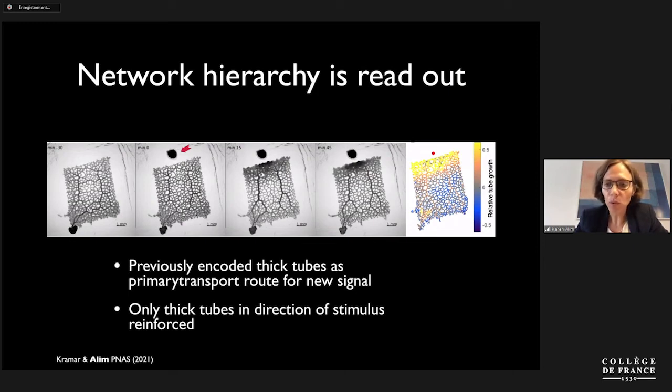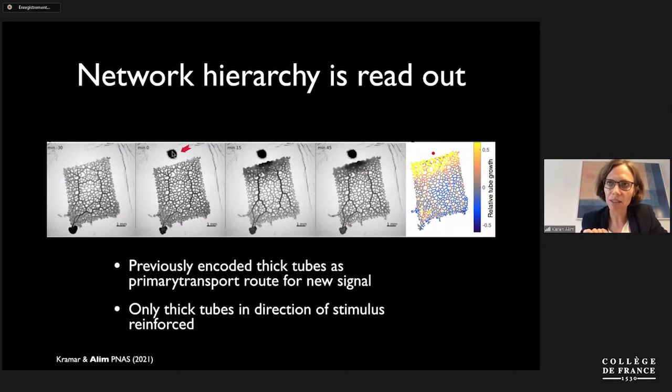And so sadly, what we cannot do is take exactly the same specimen and put down the stimulus at a different location and see what it does, because it already responded to this food source. But actually going through those thought experiments, we see what happens in the process of responding to food